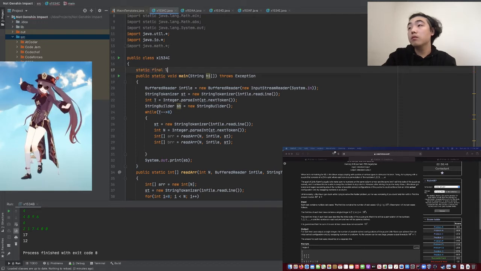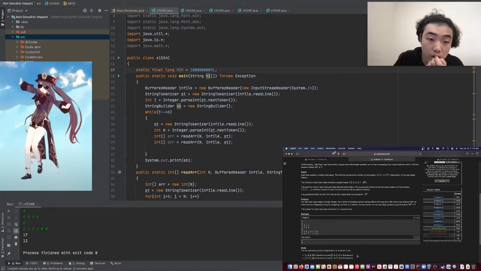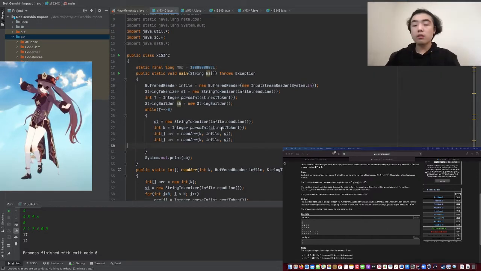Static final long mod. 1, 2, 3, 4, 5, 6, 7, 8, 9. So, wait, can we swap the numbers in the columns? I want to make sure no numbers on the same column or the same row are the same. Swap the numbers in any column. Yeah, okay. So we need to check